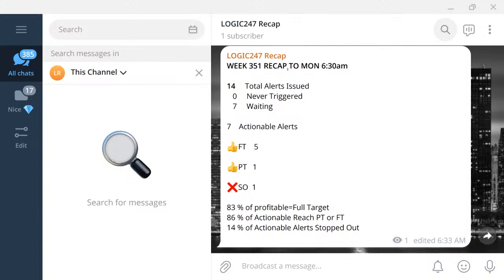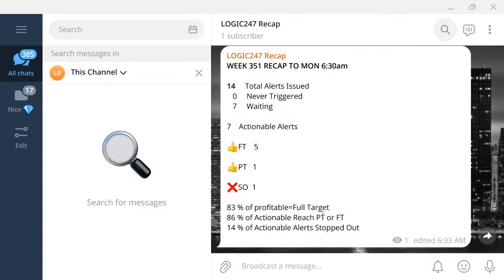Since the markets opened last night at 6 p.m. Eastern, we issued a total of 14 logic alerts, and when Valerie did the recap this morning at 6:30 a.m. Eastern, we were still waiting on the outcome of 7. That gave us 7 actionable alerts, of which 1 stopped out, or 14%. Again, what we've averaged over the last 351 weeks, or 19,400 individual alerts,